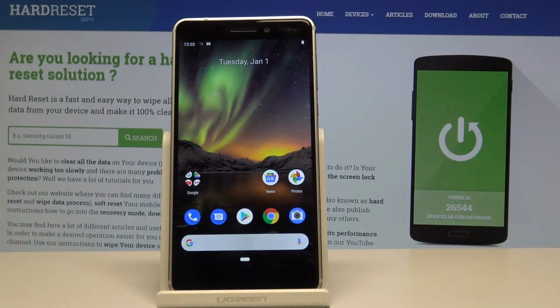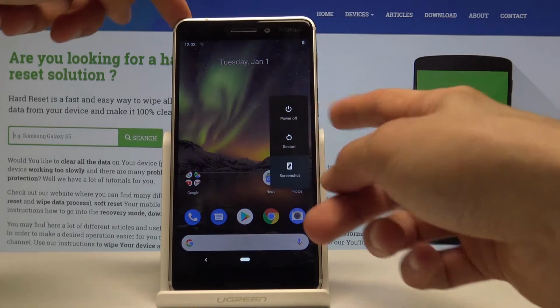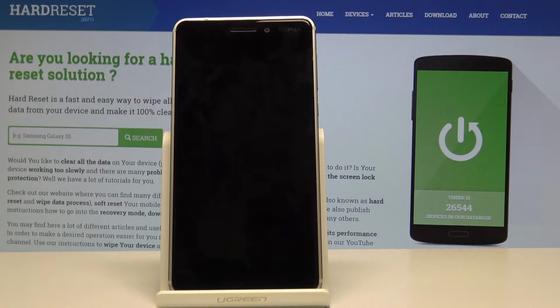Welcome. In front of me is a NOKIA 6.1 and today I will show you how to access the recovery mode. So starting off, what you want to do is hold the power key and then select power off. Wait for the device to shut off, and once that has, we will hold